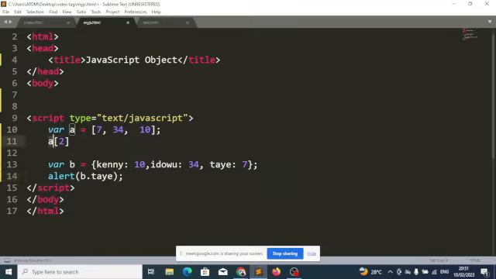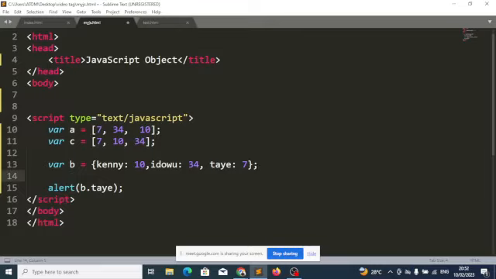In fact, this array and this array are two different things. They are two different things entirely. Meanwhile, this object and